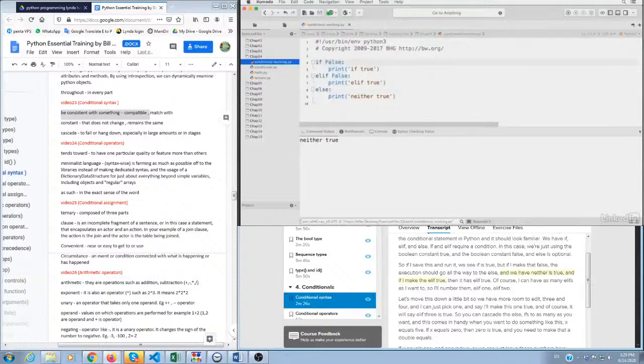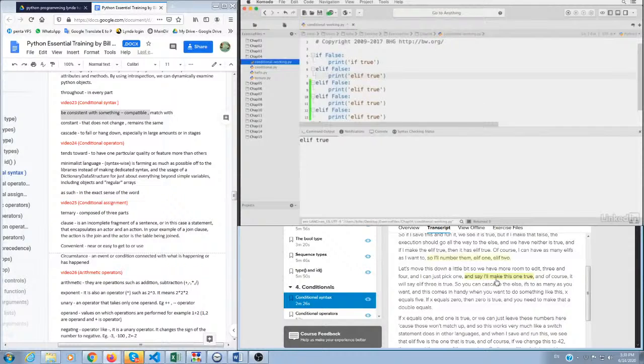Also, when we have neither is true. And if I make the elif true, then it has elif true. Of course, I can have as many elifs as I want to. So we'll number them. Elif 1,